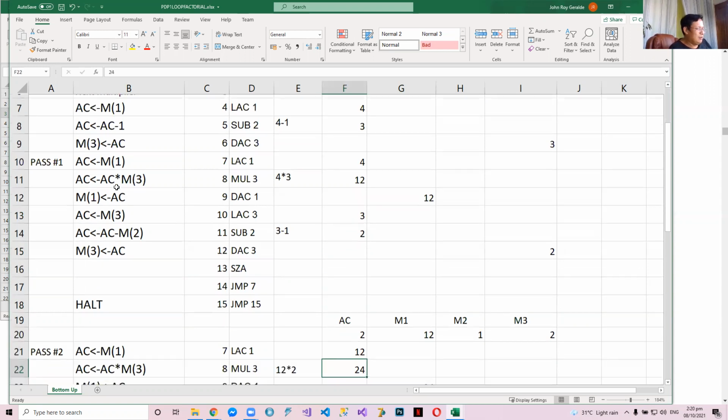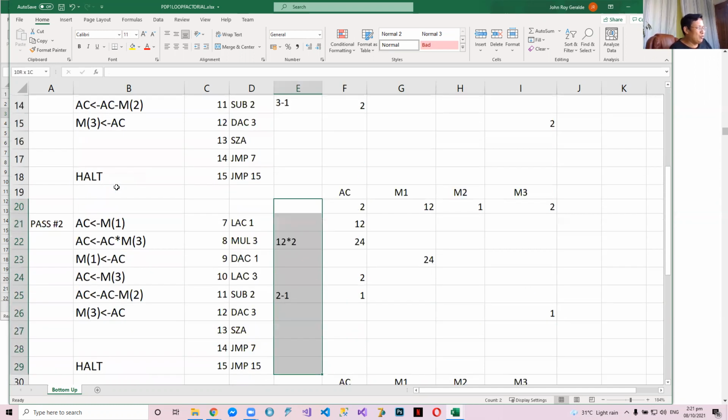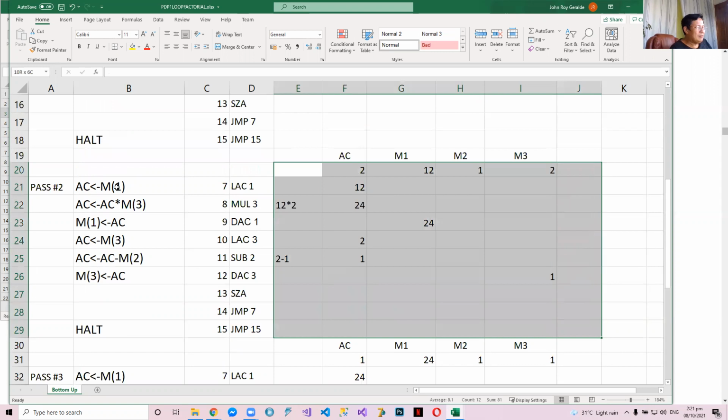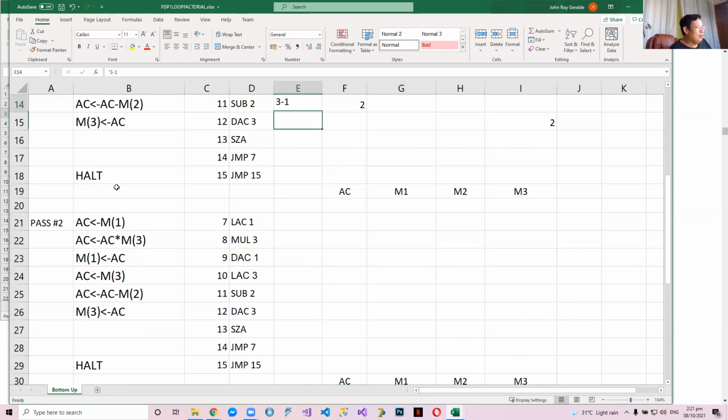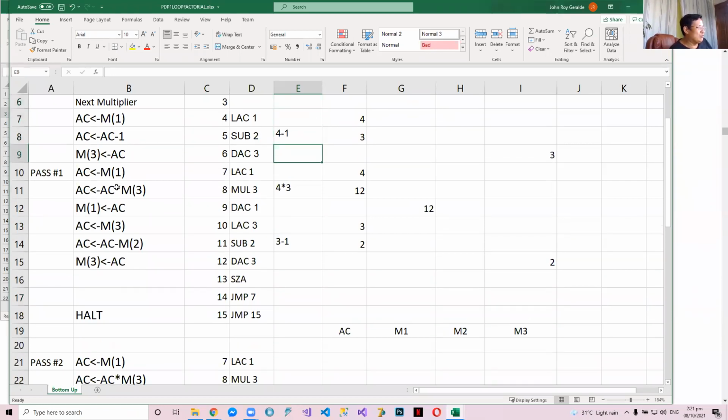Everyone? No. The accumulator is not 0. So therefore, will it skip? No, sir. It will go to line 14. In line 14, we'll have a jump 7. So we will now go back to the top of the loop. Do you follow? It's the same logic, but skip will only skip one line. So we'll just skip this and then go to the top of the loop. This is still a bottom-up loop.